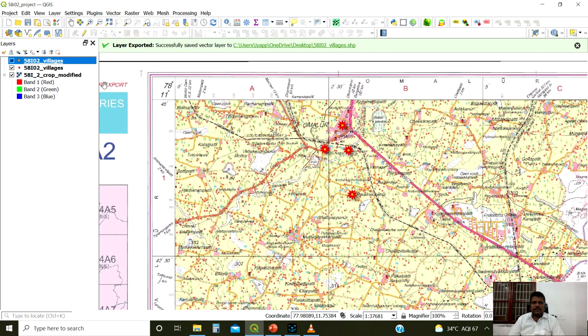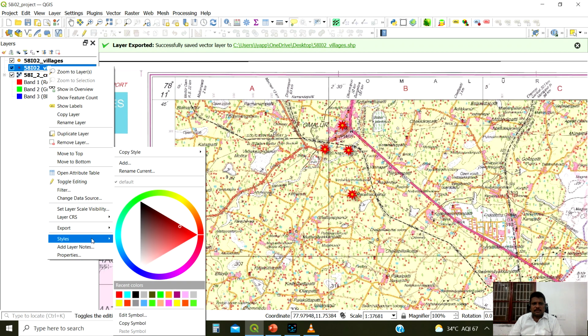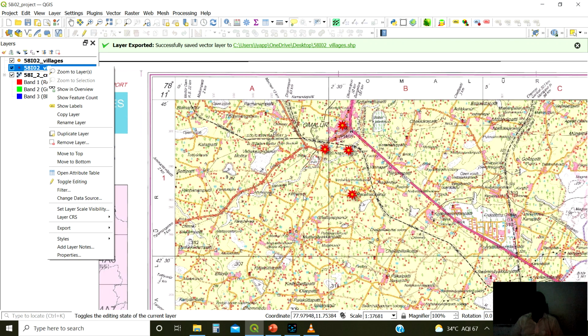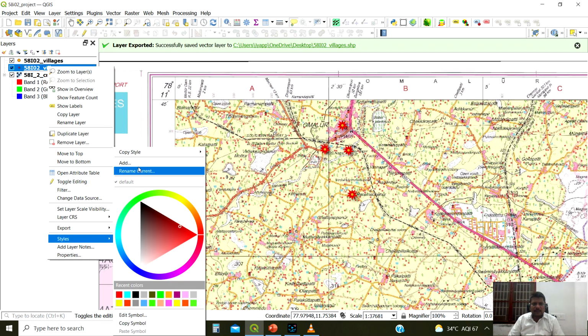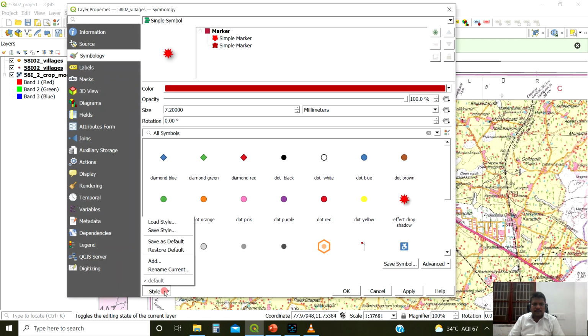Okay, if you want to save this style, you can save it. You go to properties, save style.